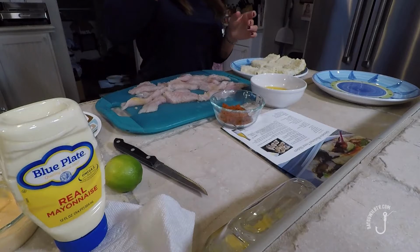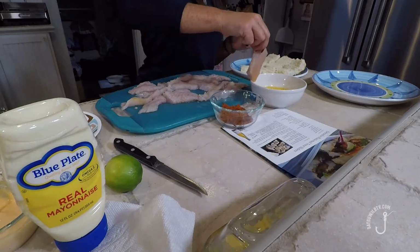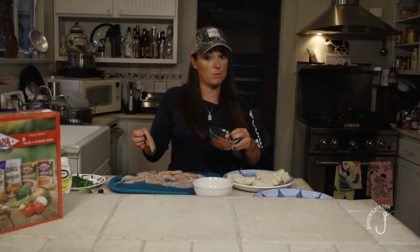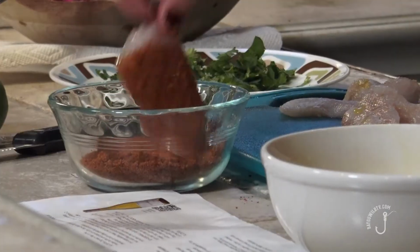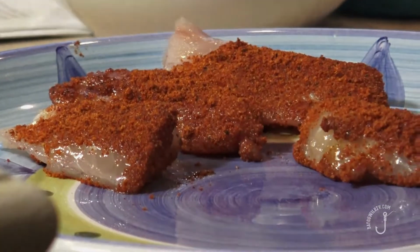So what we're gonna do is take our little fillets here, dip them in melted butter. Unsalted melted butter is what the recipe calls for. And then you can really use any blackening seasoning you want. We use Louisiana Fish Fry. You can use any brand or make your own. It's mainly just paprika, salt, pepper, a little bit of cayenne. And you dose it pretty good because when you blacken something, traditionally a lot of that seasoning falls off. So get it nice and coated and get those prepared. We're gonna...